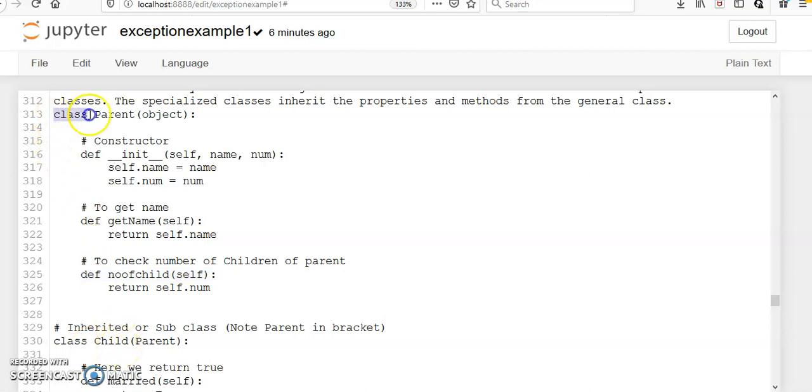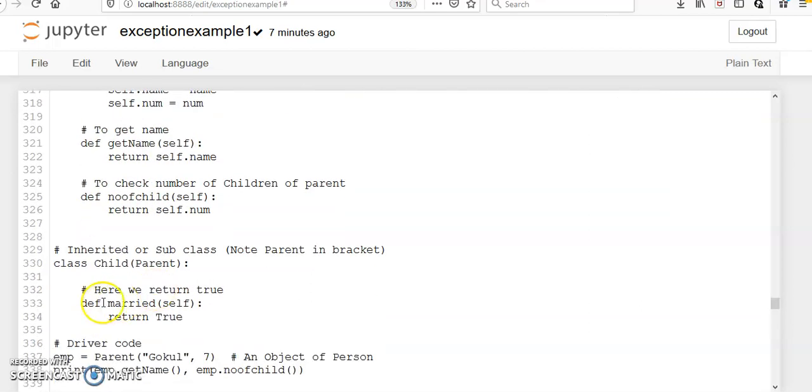If you see here, this is the base class, and we are giving Parent as the class name. Within this we are specifying object and a constructor, two methods: one method to get the name, another method to get the number of children. And the second class is the subclass, or it can be named as the derived class.